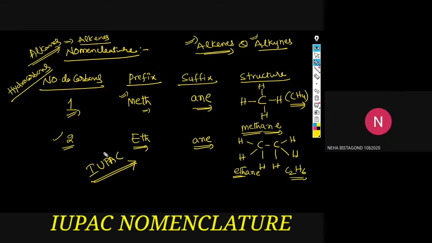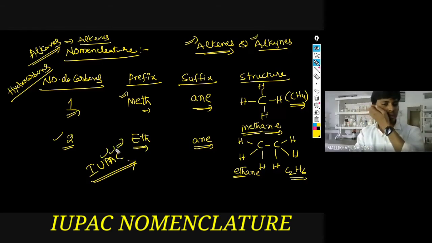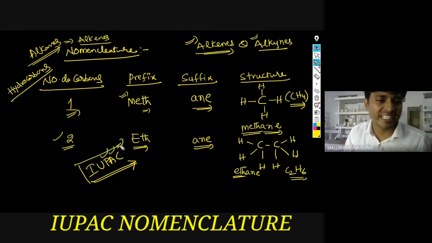In ninth class, IUPAC: International Union of Pure and Applied Chemistry. So that one wing is there, an organization. They decide on giving these names. If anybody discovers one new element, the 119th element, till now we know 118 elements, right? If someone discovers the 119th element, this IUPAC only will decide. So they have given some rules like this.